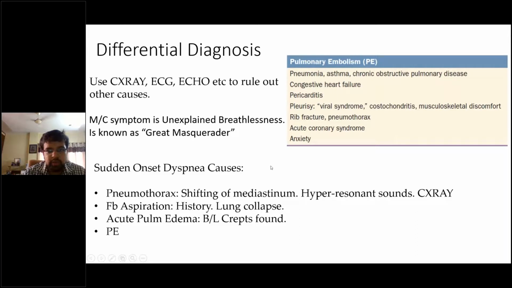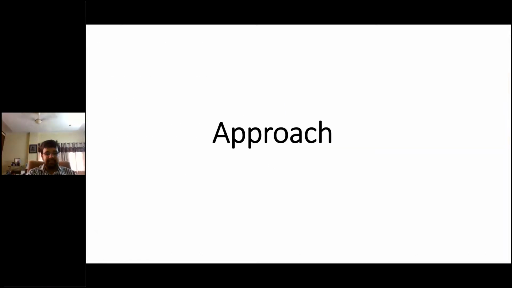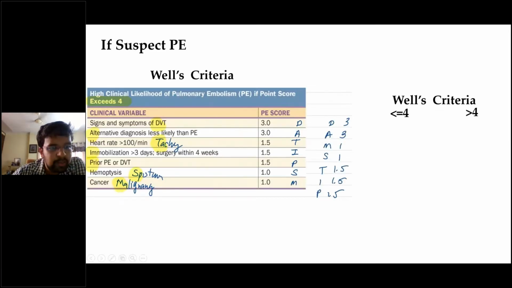Okay. So, what is the approach? So, basically, a young patient comes to you with breathlessness. Most of the things here and there are normal, and basically, it is unexplained breathlessness. So, here you need to apply something known as the Wells criteria. ठीक है? तो Wells criteria एक बार फिर से देख लेते हैं. DASH TIP था. तो इसमें क्या था?